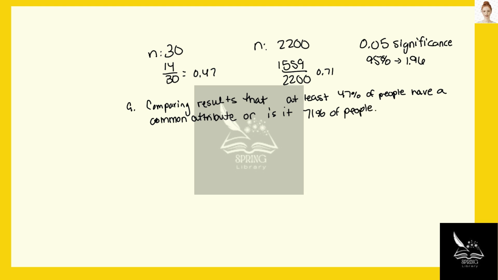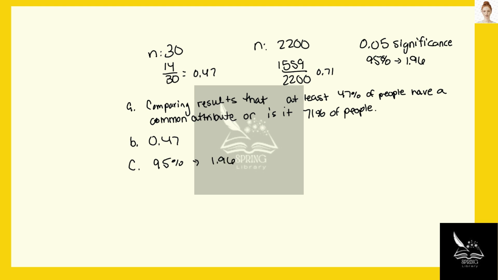Then identify the test statistic. So B for the test. The test statistic is 0.47 or 47%. Identify the critical values. So C. For the critical value, we're doing a 95% confidence interval, and we are using